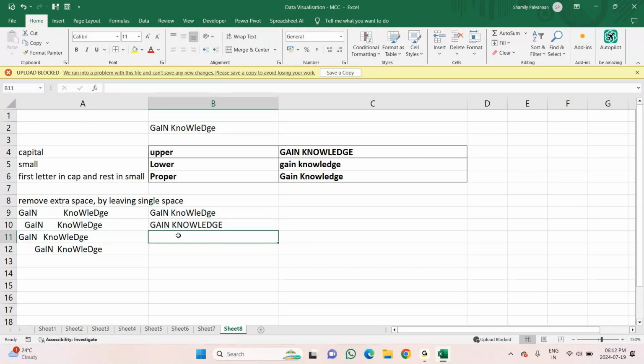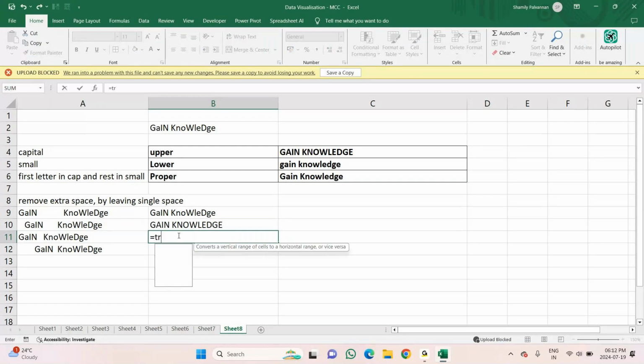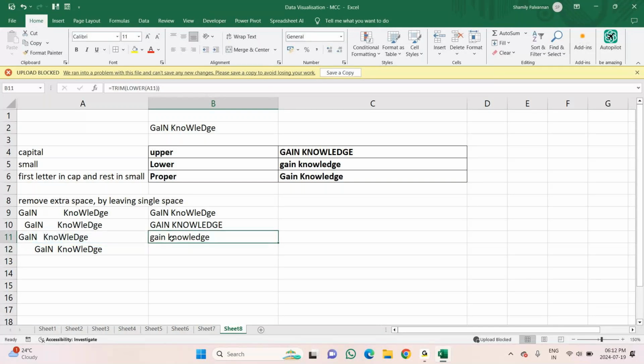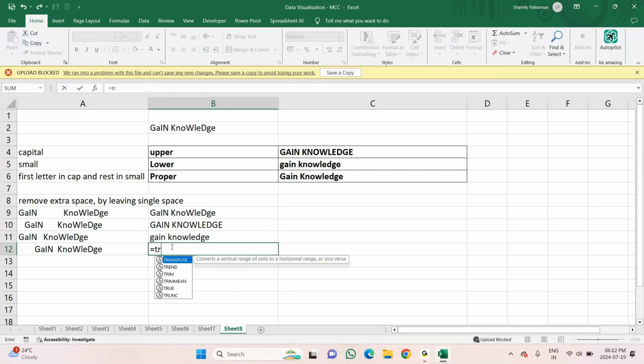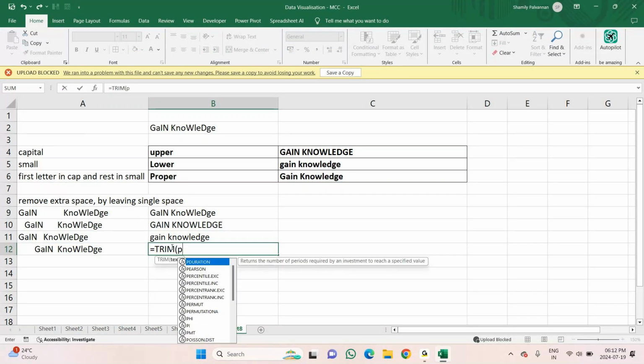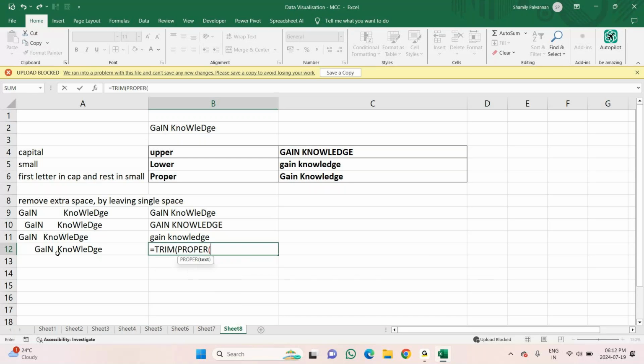Again, equals to trim. I need lowercase. Then I select the text, close the bracket of lower, close the bracket for trim, enter. So this has converted into lowercase. Next one, again trim, I want it in proper case. I take proper, select the text, close the bracket for proper, close the bracket for trim, and enter.